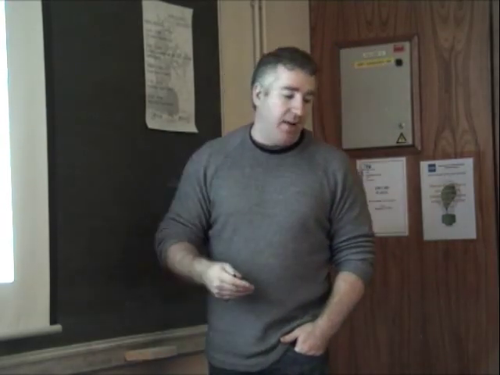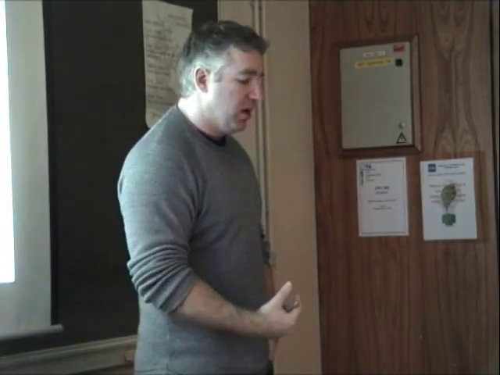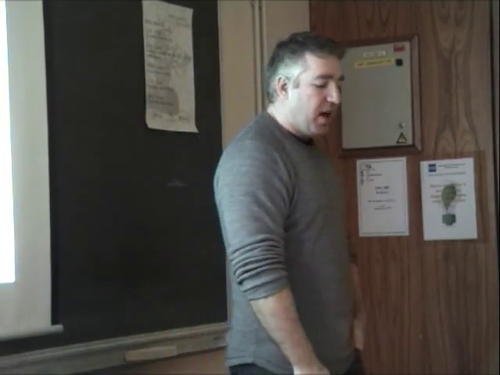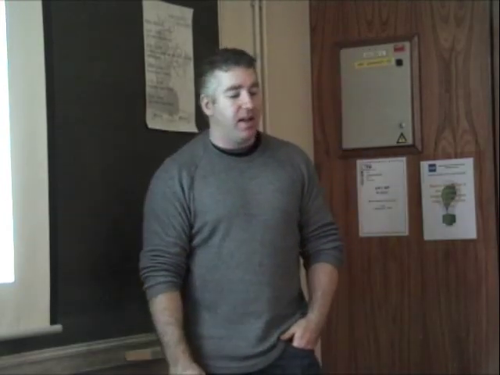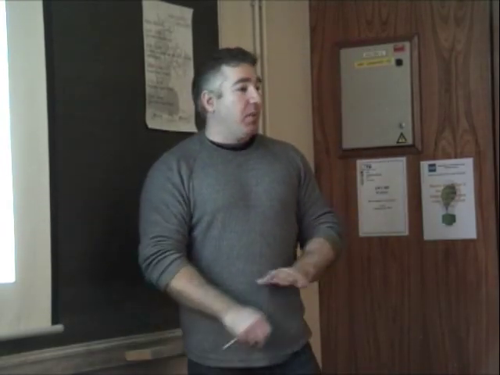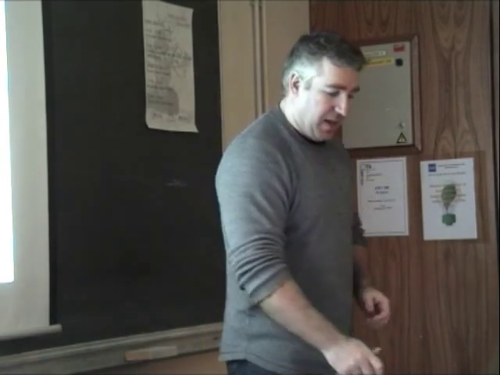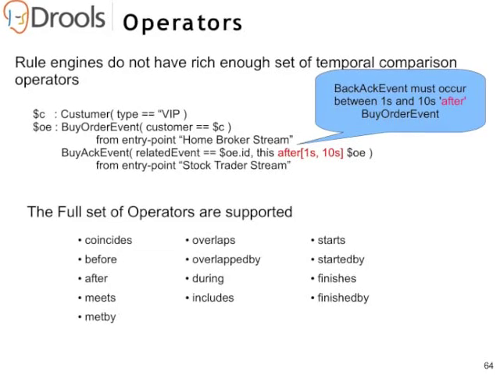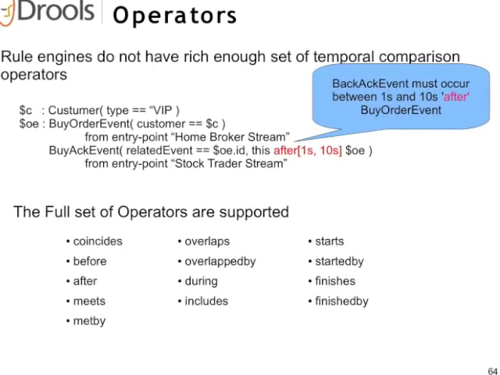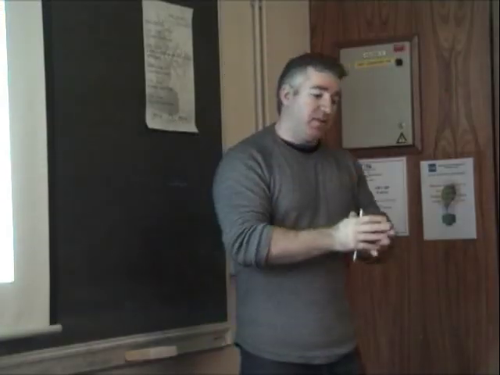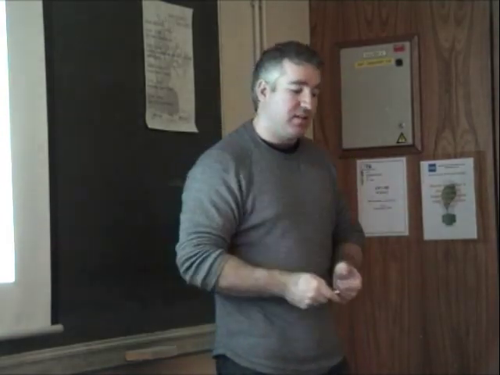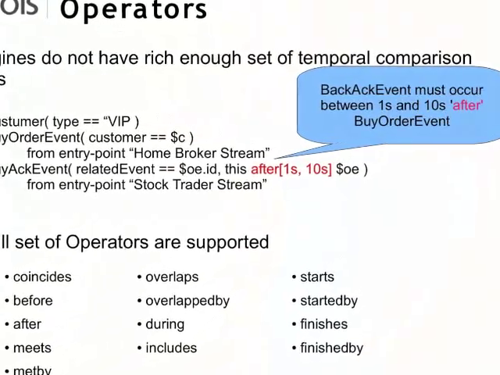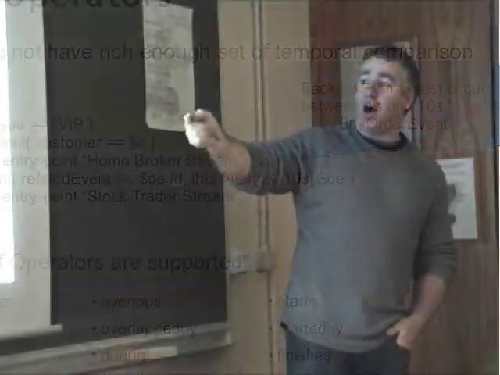Rule engines do not have temporal comparators. It's very difficult to do comparisons of time. Drools is now extended with all 13 temporal operators that, as I understand it, allow you to model any type of time. You do this with a comparator, and different comparators have different arguments. You can say when something is after this, between 1 second and 10 seconds. So this is saying when I have a buy-acknowledgement event, there's between 1 second and 10 seconds after a buy-order